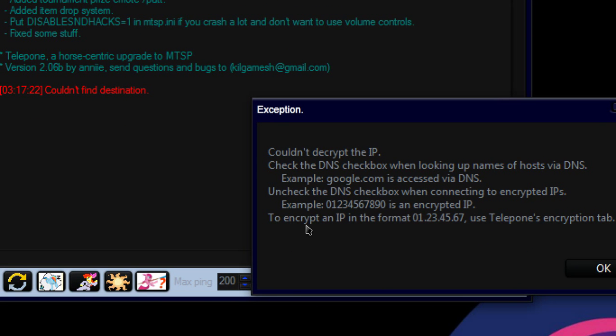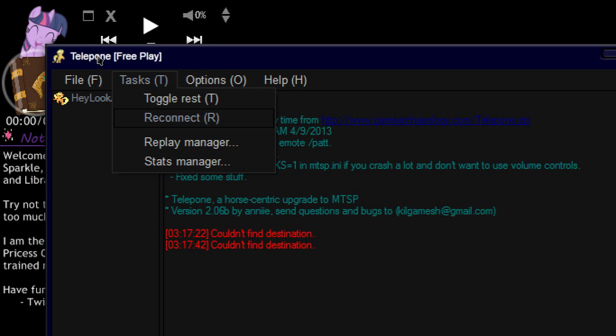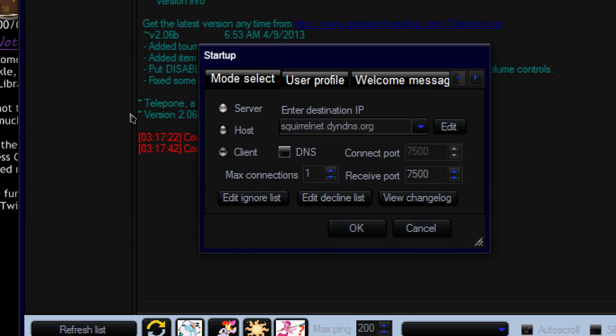Oh, I forgot a quick little step. Highlight D and S. This is important. If you do not do this, you will screw yourself over and you will not be able to connect. So if you're having that same issue I just had, which I've never had before because I was an idiot this time. Yeah, I derped. Insert Derpy flying across the screen here. I would do that, but, you know, I don't have good editing software.